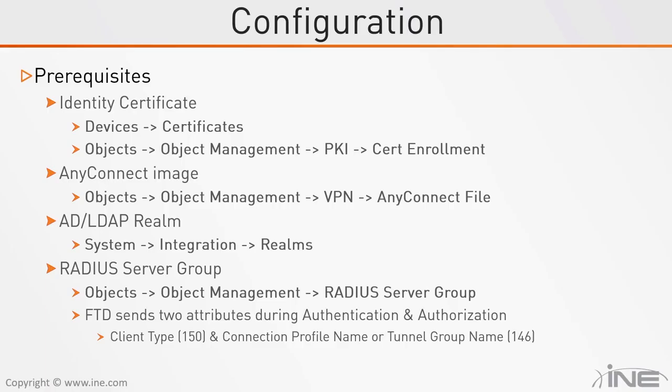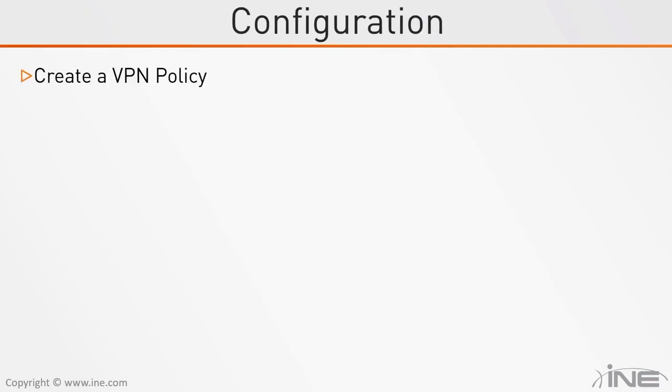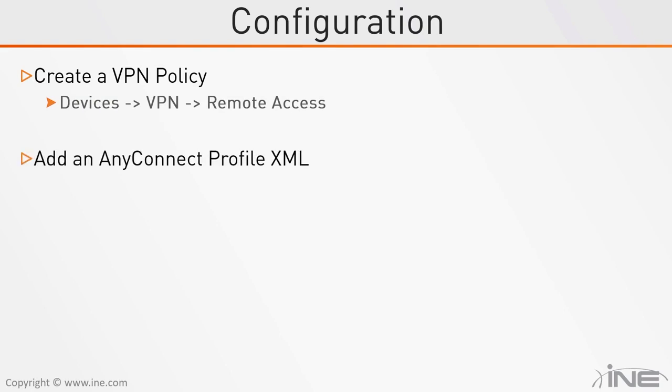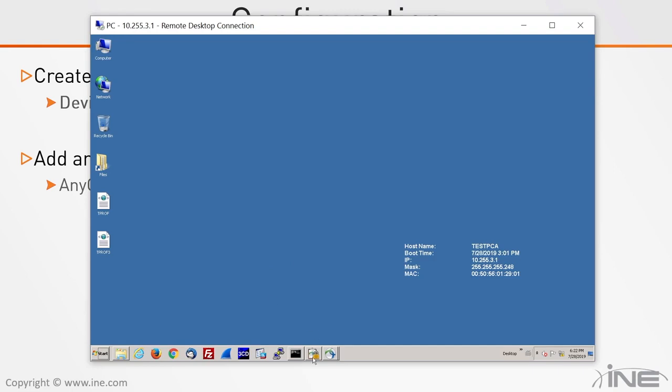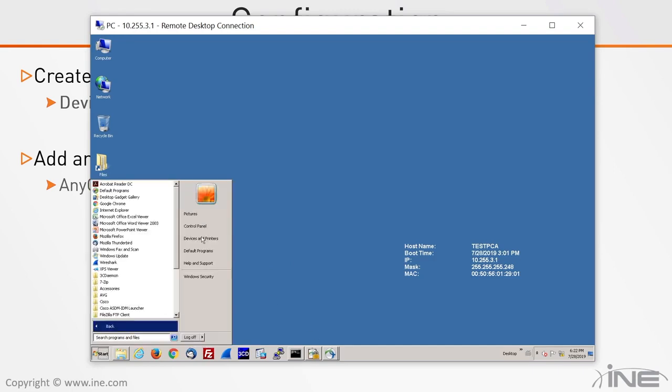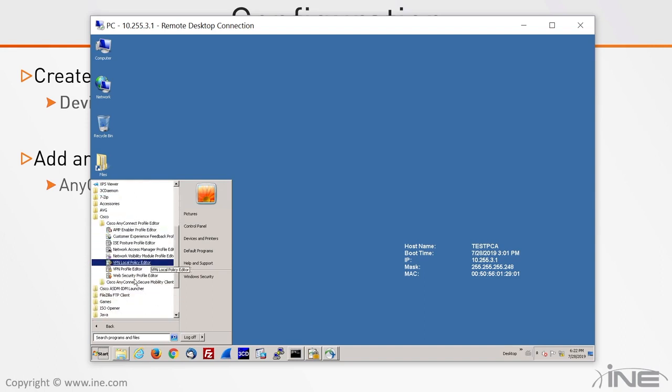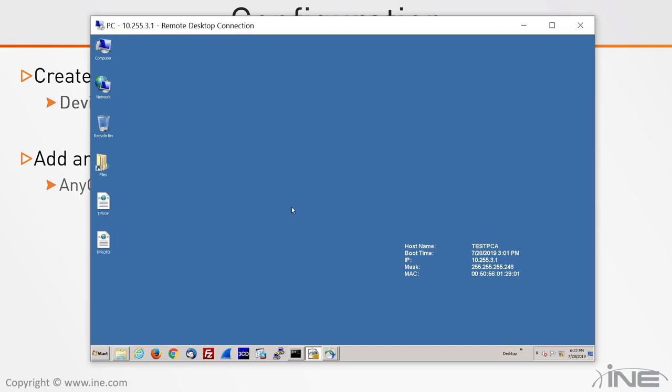Okay, what else do we have to think about as we deploy that type of a VPN on FTD? We would have to build a policy, which is something that is going to be configured for the wizard. That's the only option as how you can do this on the FMC. We would then want to add an AnyConnect profile, and this is something that you have to do using a standalone profile editor. You can find one on the PC. Just go to All Programs, Cisco, AnyConnect profile editor, and it's going to be the VPN profile editor, this one. I have it open, and what I would be looking here